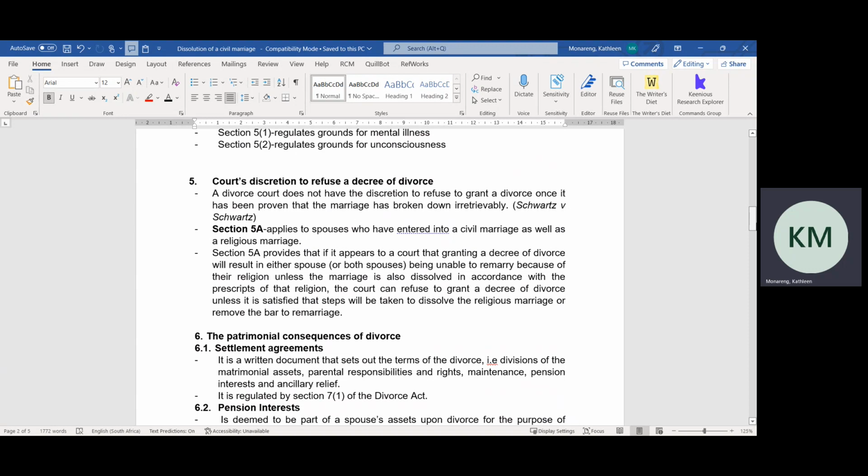For example, if spouses enter into a religious marriage and over and above, they enter into the marriage in terms of the Marriage Act. So those spouses entered into a marriage using 2 systems, their religious rights, religious marriage, as well as the civil marriage. Section 5